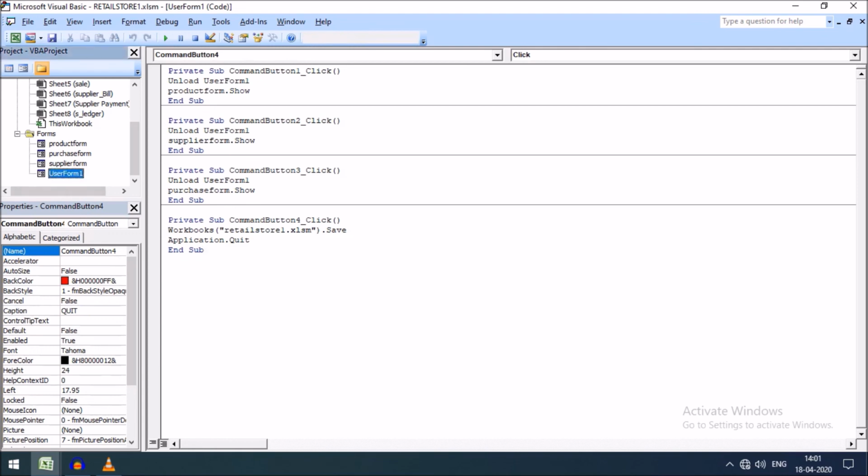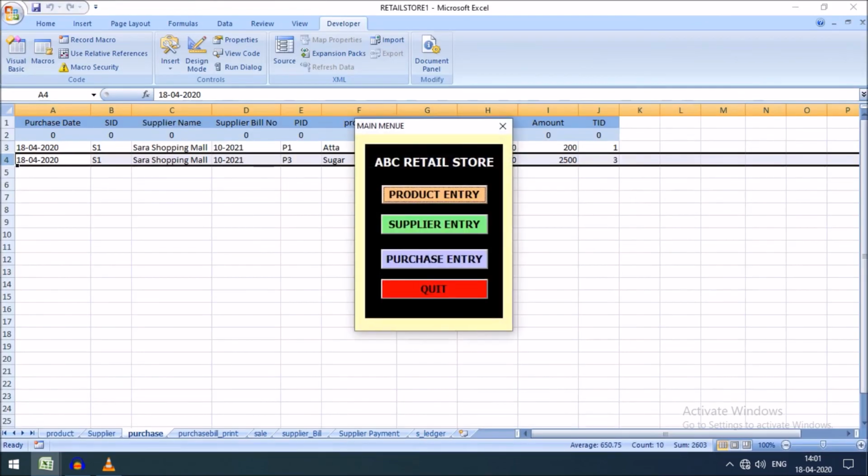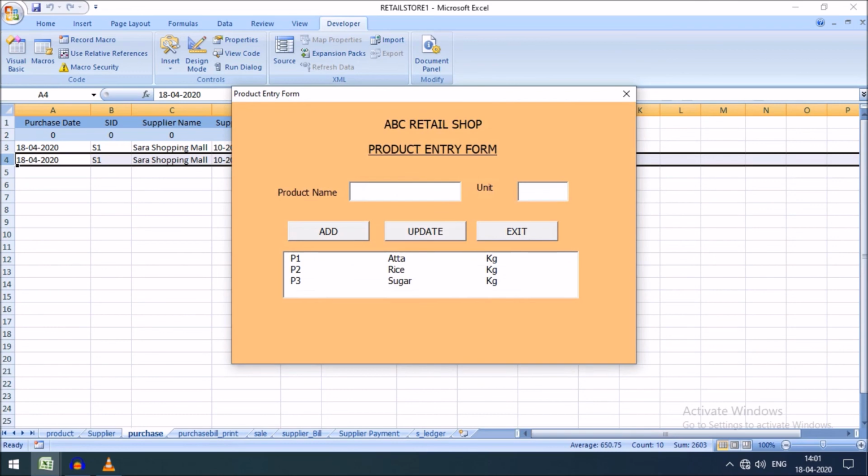So friends, this is our menu, and you can take another product entry. Product name, say anything, oil, or soap, unit pieces, add.